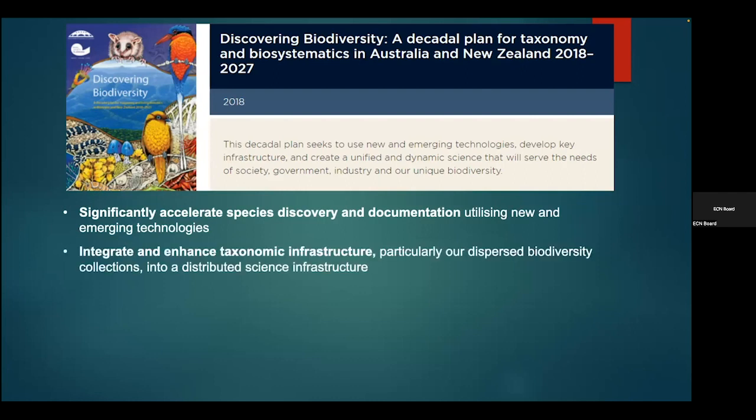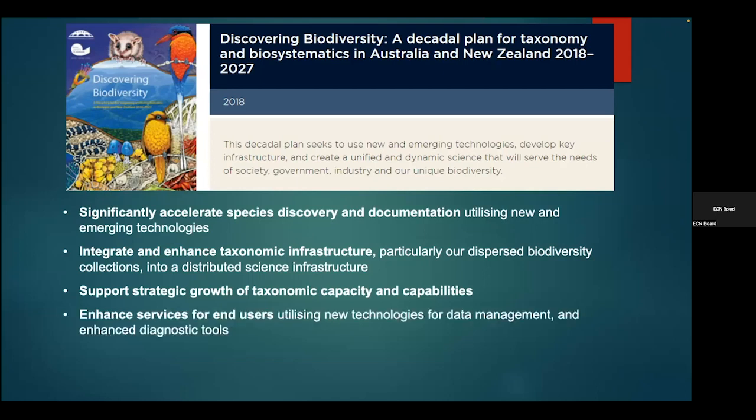to integrate and enhance taxonomic infrastructure, and this particularly relates to unifying a dispersed array of biodiversity collections, and developing them into a distributed science infrastructure. Support strategic growth of taxonomic capacity and capabilities, and primarily that's an expanded training program at both doctoral and postdoctoral level and beyond, to enhance the services